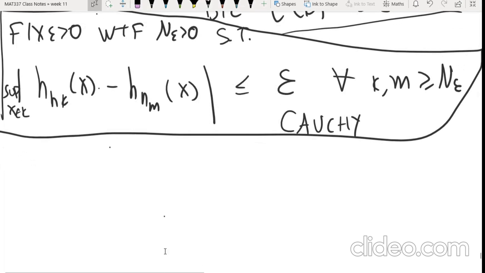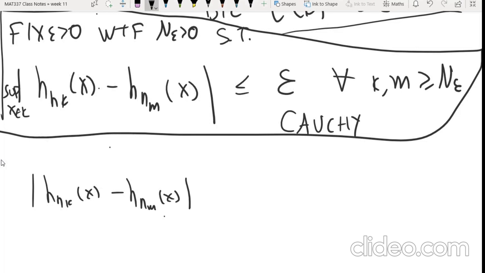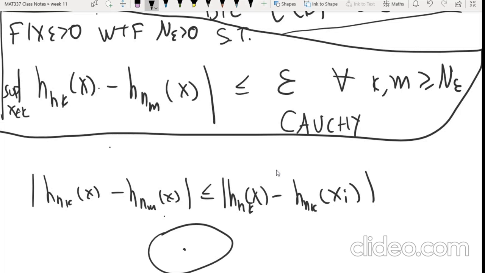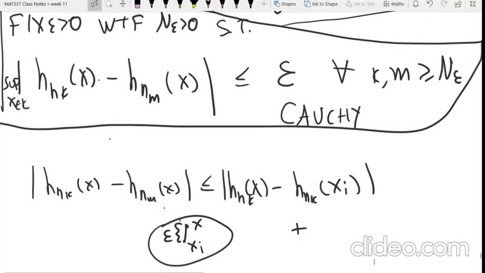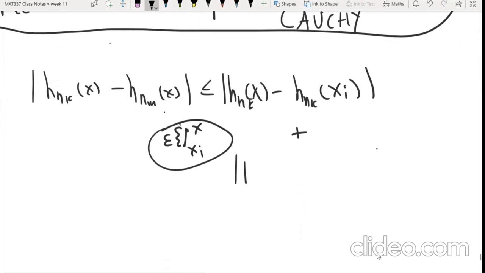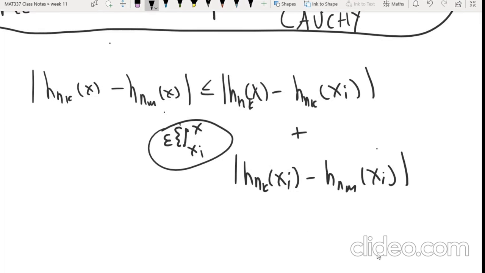All right, I have to rush. So this is just a 1/3 argument. For h_k(x), find the point that's close to x. Remember, these x_i are dense, so there is one within epsilon. Then add and subtract that: h_k(x_i) minus h_{nm}(x_i), and finally,